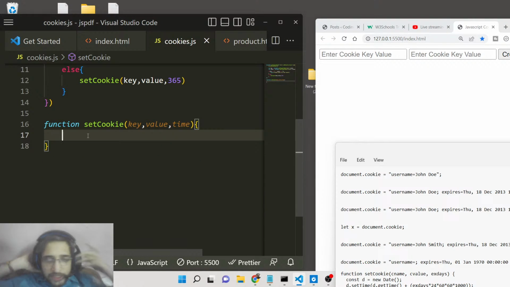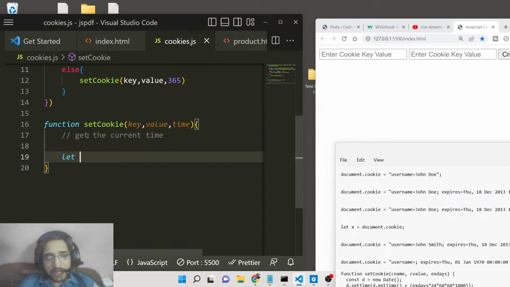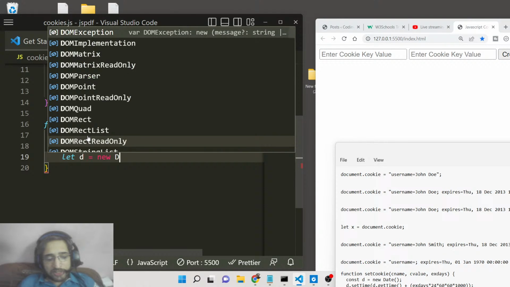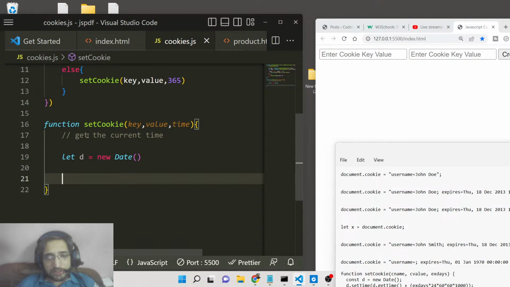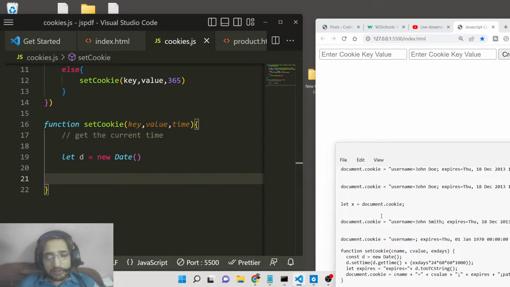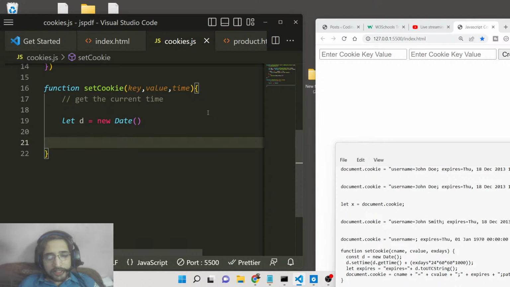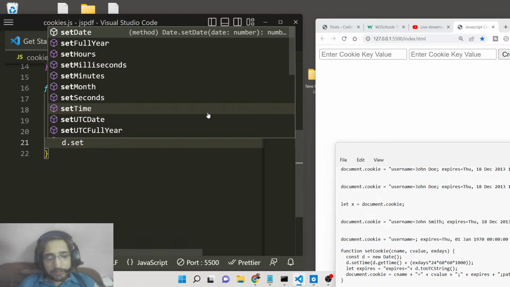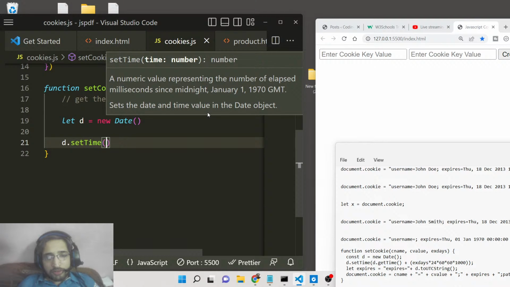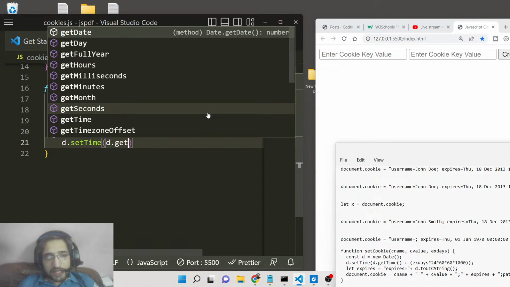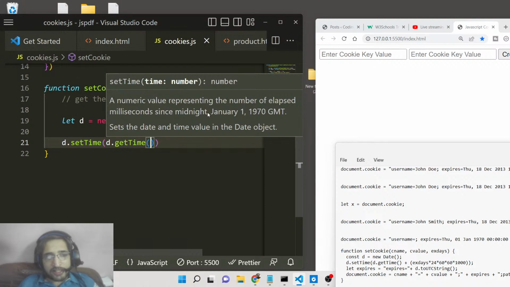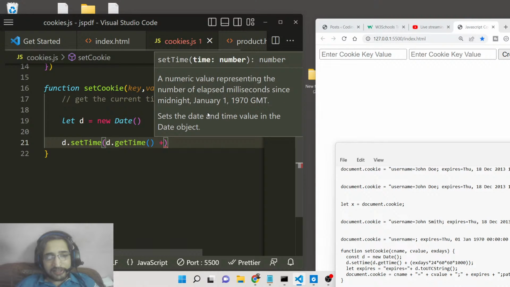So now we need to create this cookie guys inside the browser. For creating the cookies, it's very simple. First of all, we will get the current time. For that, we can simply instantiate a new instance of the Date constructor. So we will get the current date out there, and after getting the current date guys, we will set the time here, setTime on the date. So d.getTime will get the current time for us, and now we will add 365 days